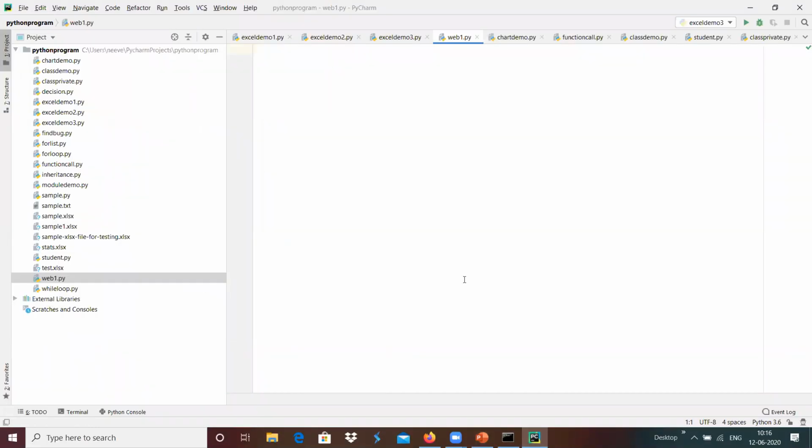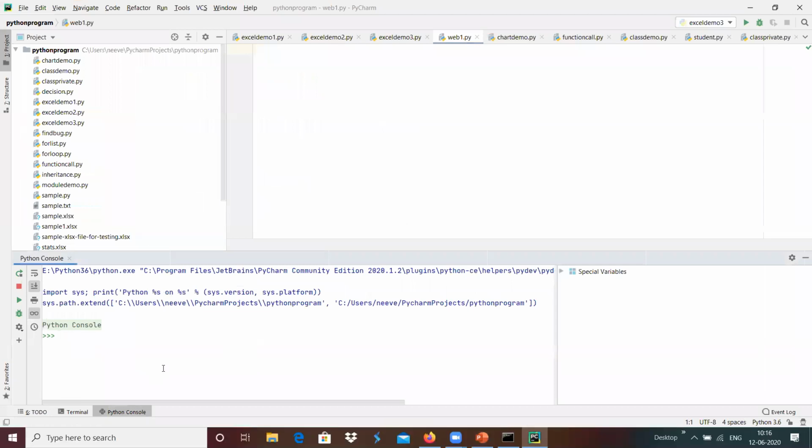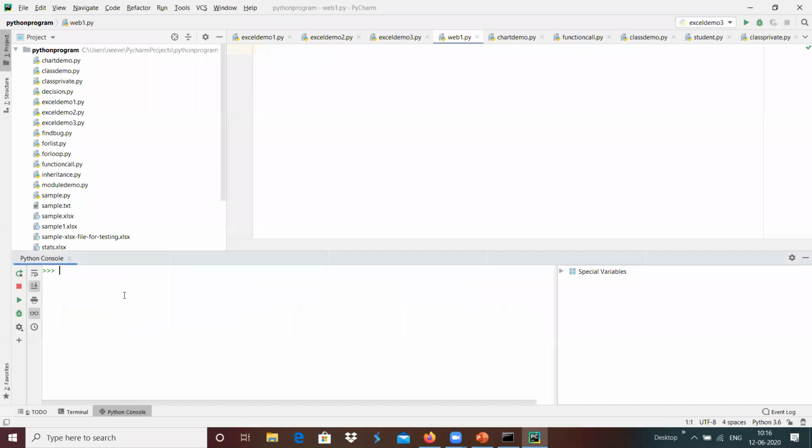Before that, maybe we can confirm whether our installation is proper or not by executing from bottle import route, run. Now we are able to import that module of bottle, which means the installation is successful.